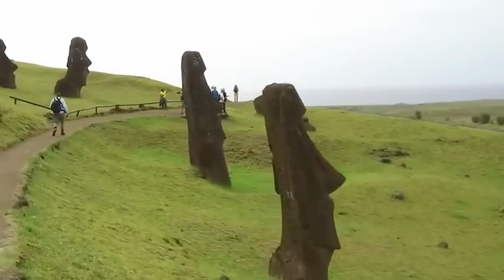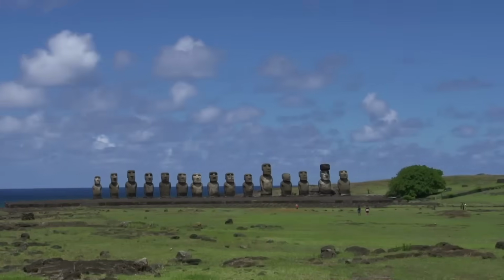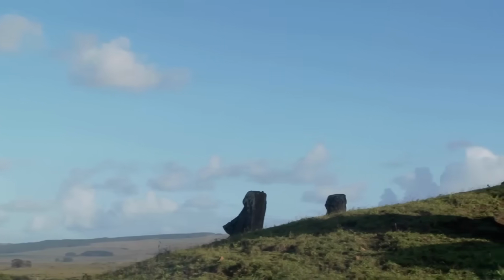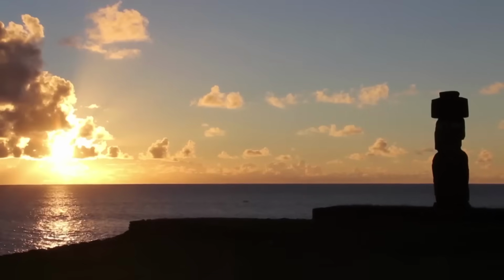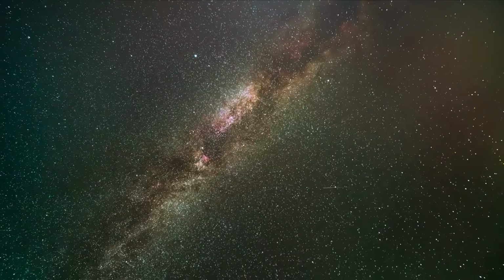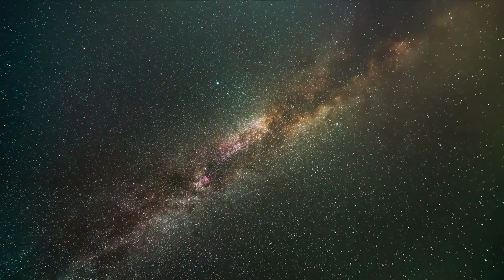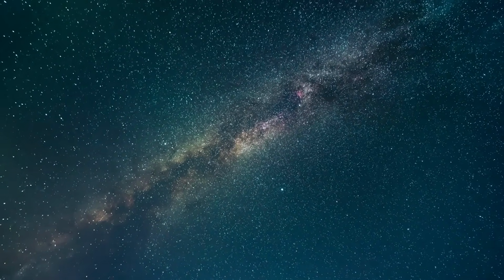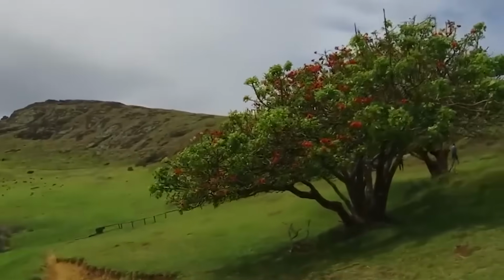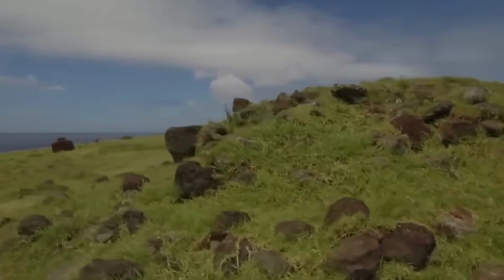These statues were not merely artistic expressions, but were integral to the social and religious life on the island, embodying ancestors and serving as protectors of the communities. Moreover, the island's location made it an ideal place for astronomical observations. The Rapa Nui, like other Polynesians, were adept at celestial navigation, using the stars to guide their way across vast oceanic distances. This skill underscores the significant navigational capabilities required to reach such a remote destination and maintain a society